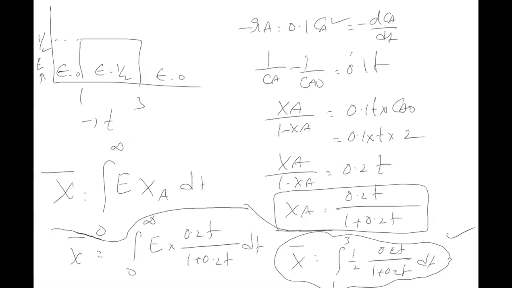See, in reality, why do we need average conversion? Somebody's question. But what you observe in the outlet is average conversion only, no? Do you observe particle conversions? All combined together are coming. So what you measure is average. Limits 0 to infinity only, because there are particles coming from 0 to infinity, no?